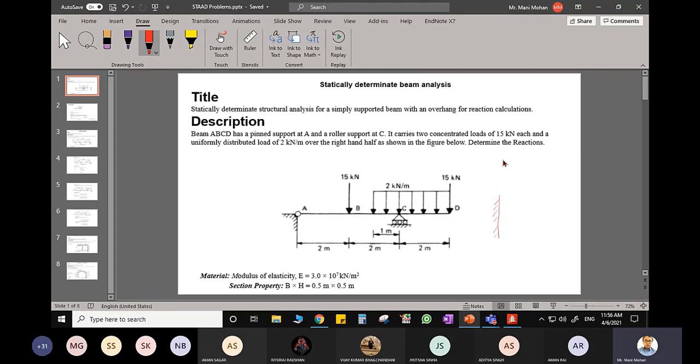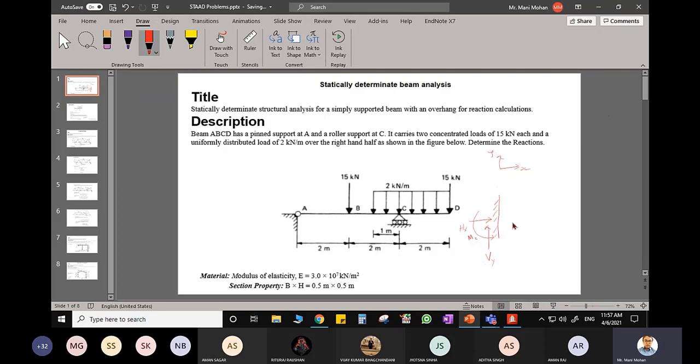Okay, so suppose you have a planar structure, this is your x-axis, this is your y-axis. So you'll not be having any movement about x. So you'll get a horizontal reaction in the x direction. You do not have any movement along the y direction in a fixed support. So you'll be having a reaction in the vertical direction, Vy. Fixed support will not allow rotation. So since it is not allowing rotation, you will be having the fixed moment here. And it will be about which axis? It will be about the z axis.